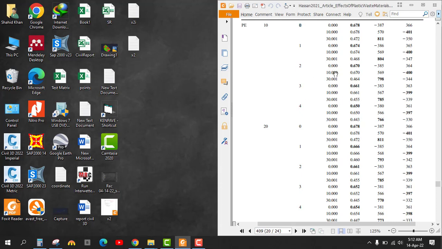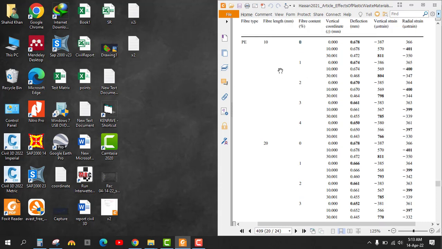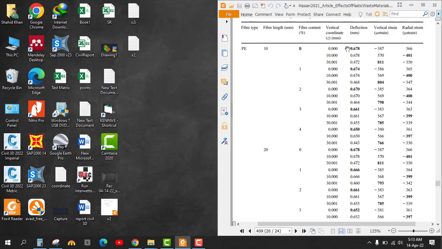On the right side I have opened the research paper which you have sent to me. Here are the results of the deflection, vertical strain and the radial strain for different values of subgrade modulus. Look at this. Here the fiber content is 0%, 1%, 2%, 3%, 4% when the fiber length is 10 mm